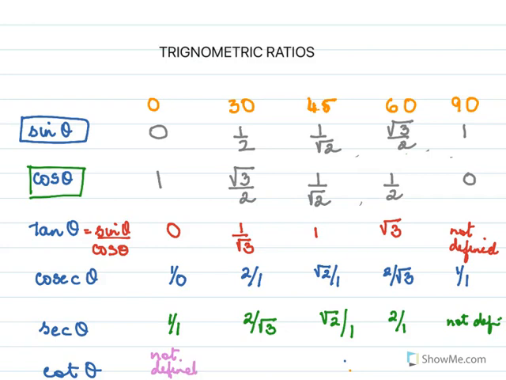Here cot of 30 will be the reciprocal of tan 30, so it will be root 3. Here cot of 45 is the reciprocal of tan 45, which is 1. Cot of 60 is the reciprocal of tan 60, which is 1 over root 3. I mean 1 over root 3, not 2 over 1. And cot of 90 will be 0. So this is how you have to remember your